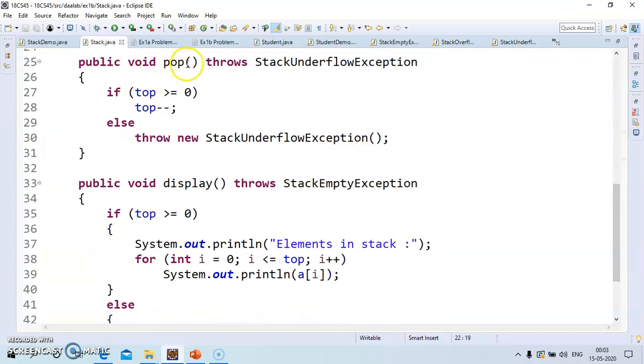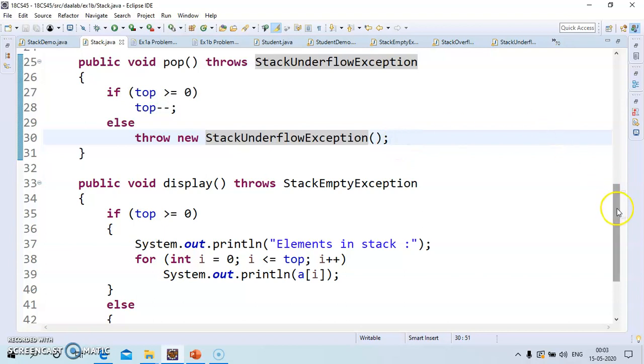See here, pop throws StackUnderflowException. If there is a problem, then we will throw this exception. That means if there are no elements in the stack, we throw this exception. If top is greater than or equal to 0, then pop one element, top minus minus. Otherwise you throw a StackUnderflowException.